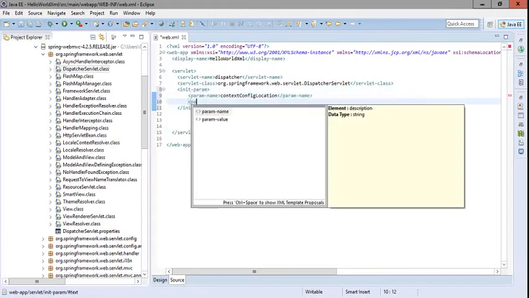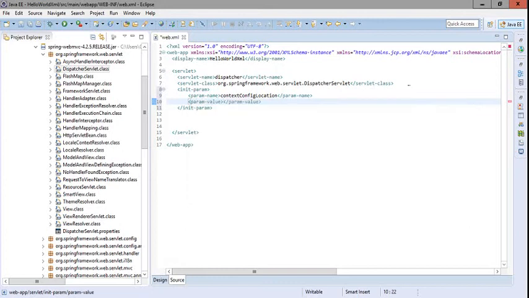So we have to mention the name of the configuration file and the location where we are planning to place it. That file should be under WEB-INF, and the name in our case will be spring-servlet.xml. We will create this file, in which we will place all the configurations required by the IoC container.